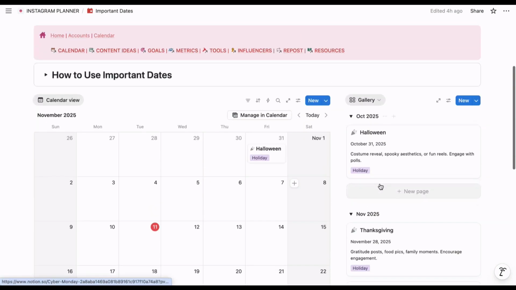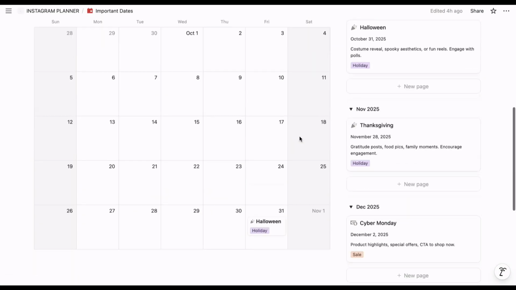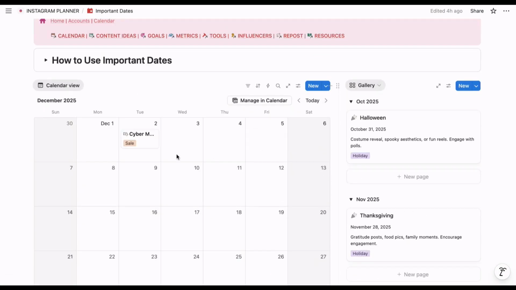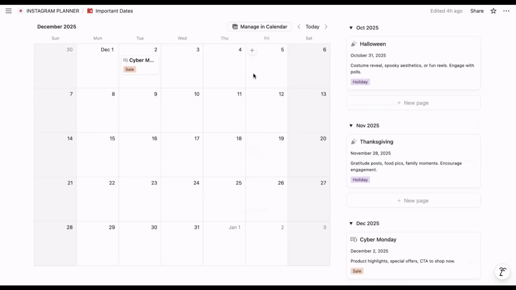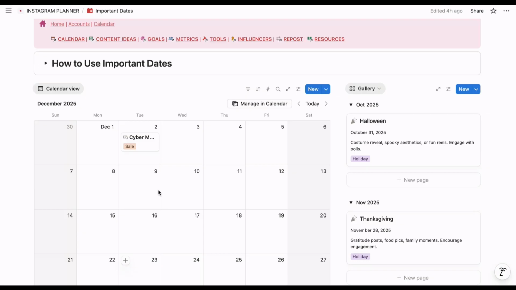You can just list those down over here, and then automatically it will be listed on the calendar view as well. So if you go to previous month, you can see like this. Like this, you can see your whole total year. You can maintain what are going to be your important dates, and you'll be able to maintain it from here.